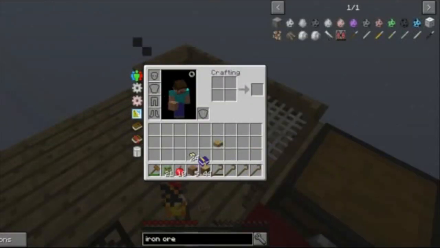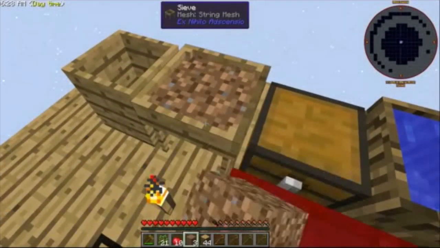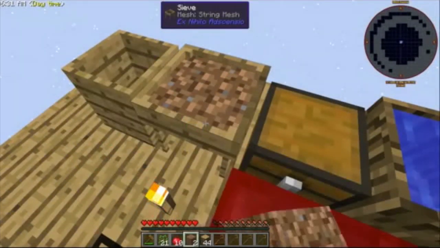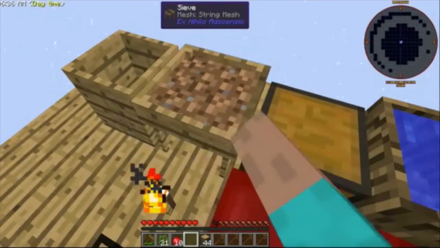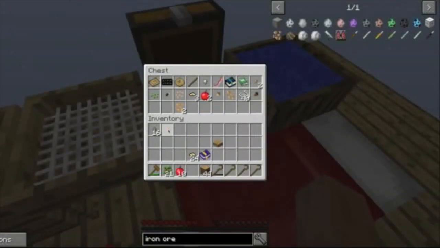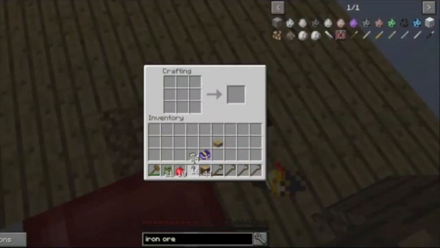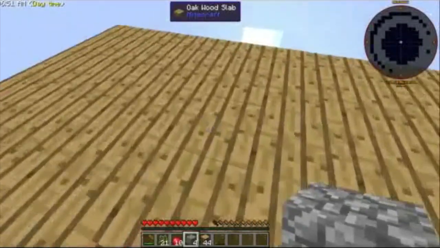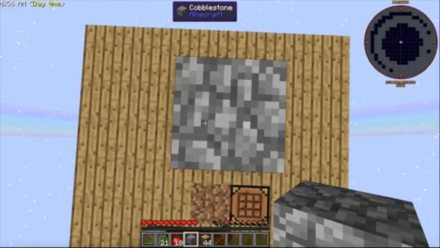I'm going to take all the dirt I got, I'm going to put it into the sieve. Now it's just going to go until we run out. And there. We have that. So then we got this, and there we go. And now I'm going to craft all these into that. And then we got 4 cobblestone. Let's go. And now, what we're gonna do...